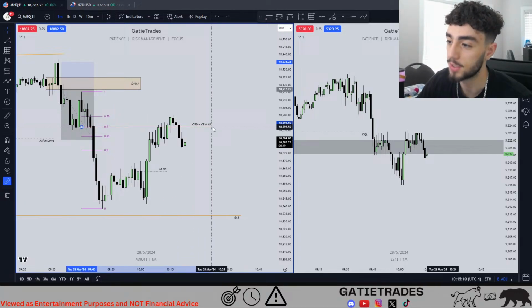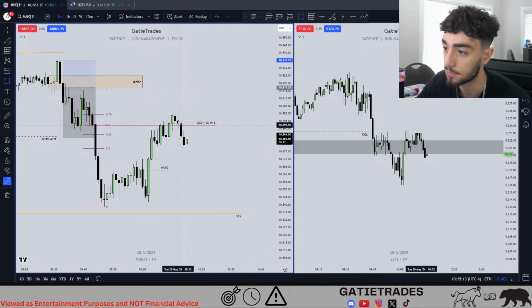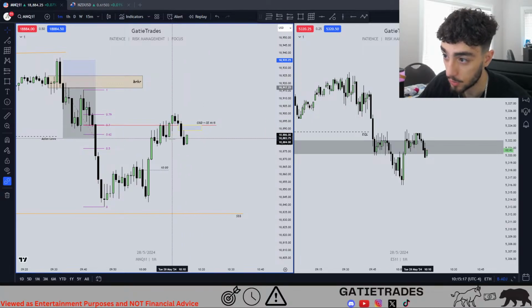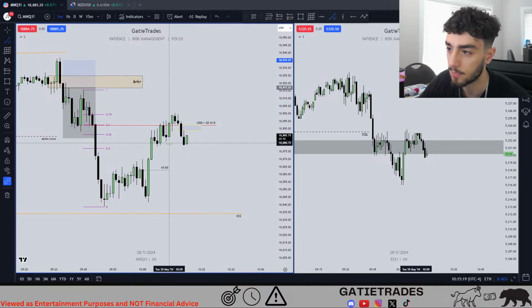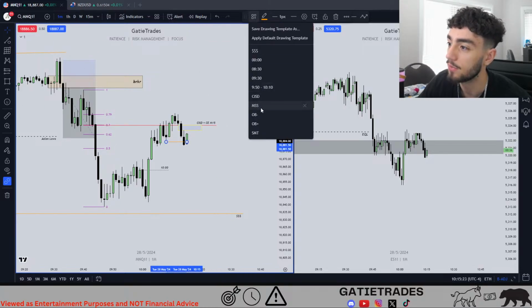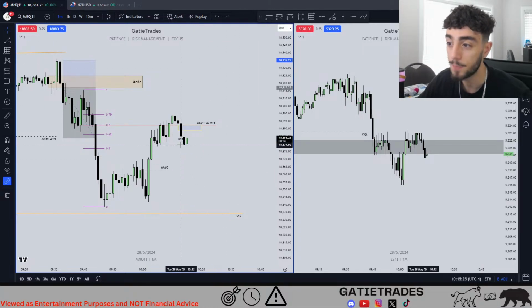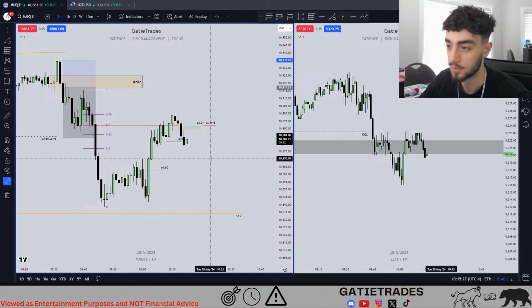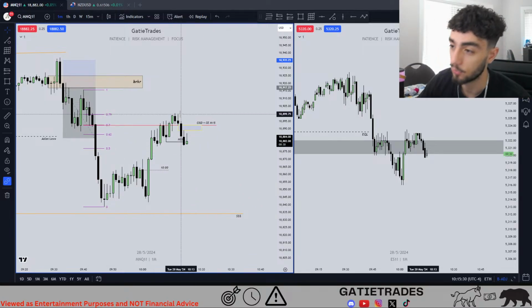So for example, right here, this is a good example. Let's put it to the test. Right now, we just got a market structure shift fair value gap. Right? That's a market structure shift. Let's test it out. Can we get a live analysis? Old me would take this. New me waits for a breaker.